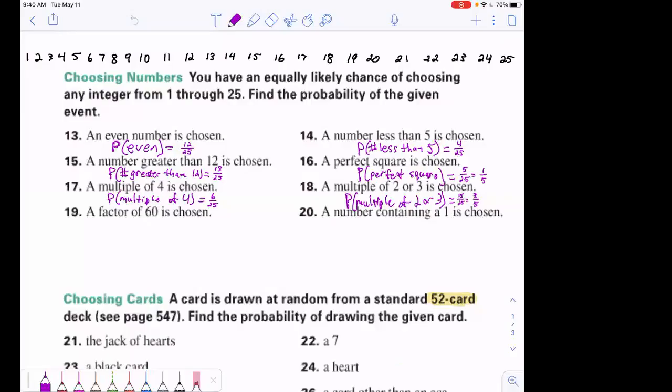So we're looking for factors of 60. So we're going to make a factor tree. I love making factor trees. Is it fun? We did factor trees when we were factoring, so we should remember factor trees a little bit. Yeah. So factor tree, we have 2 and